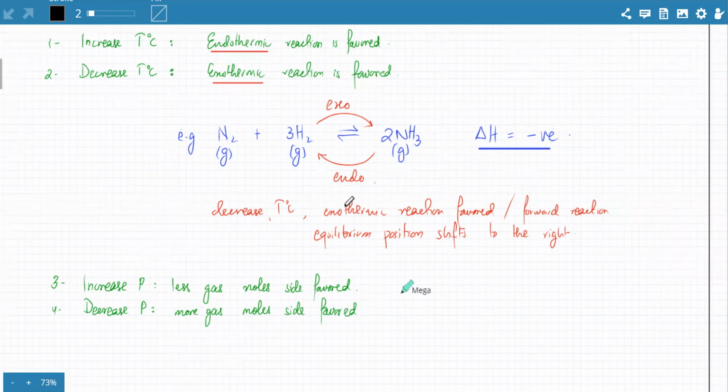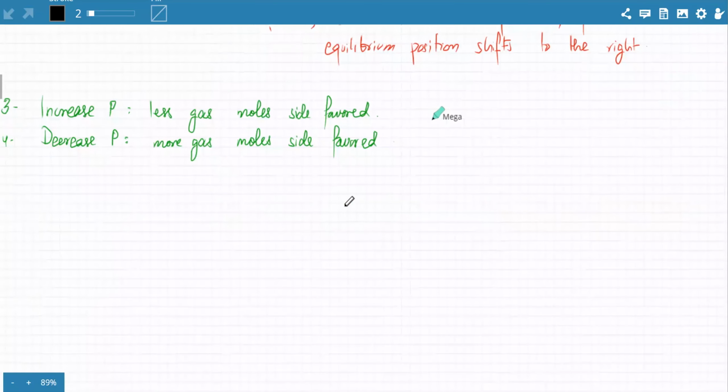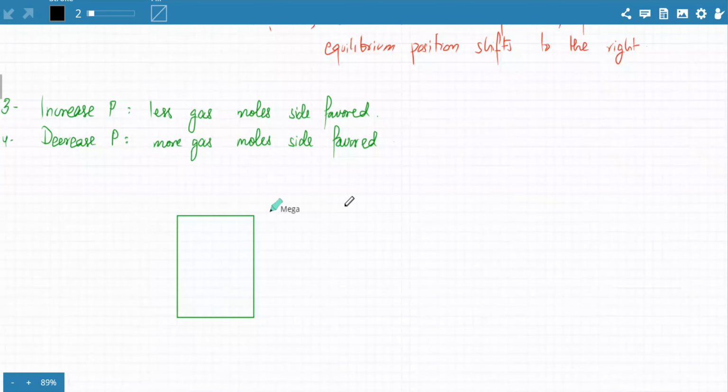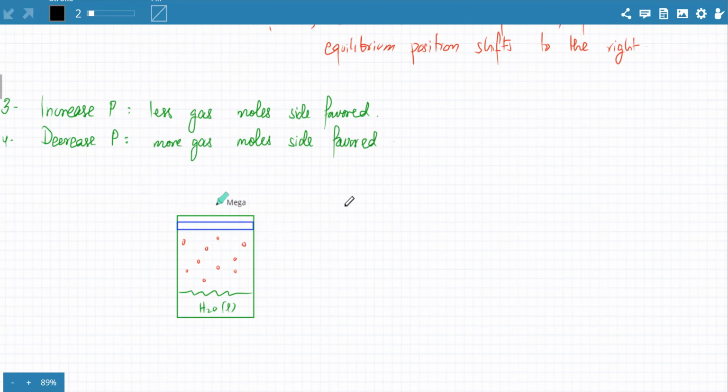How does that make sense? So let's look at the container that contained your liquid water. So it had your H2O liquid, which was constantly evaporating, and it was evaporating to form these gas molecules, right? But now the thing is, you have a piston on top. Like you have a movable piston,